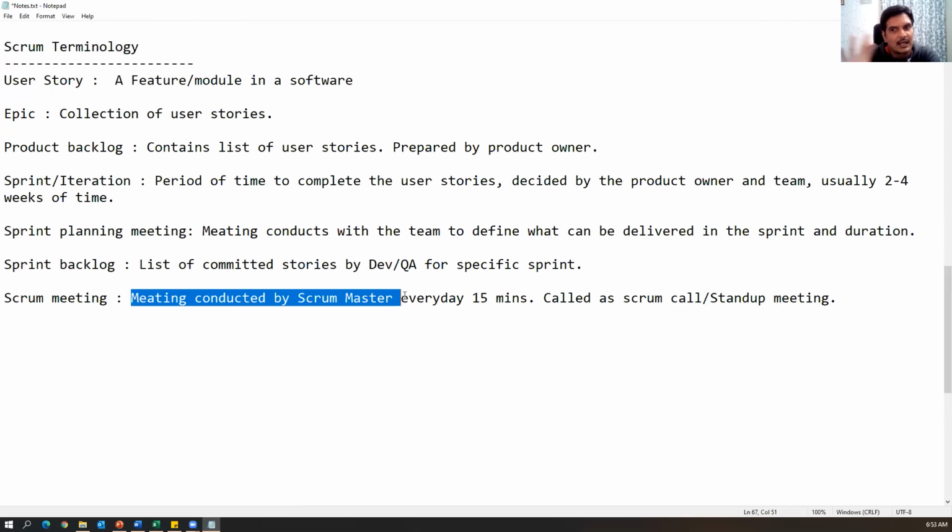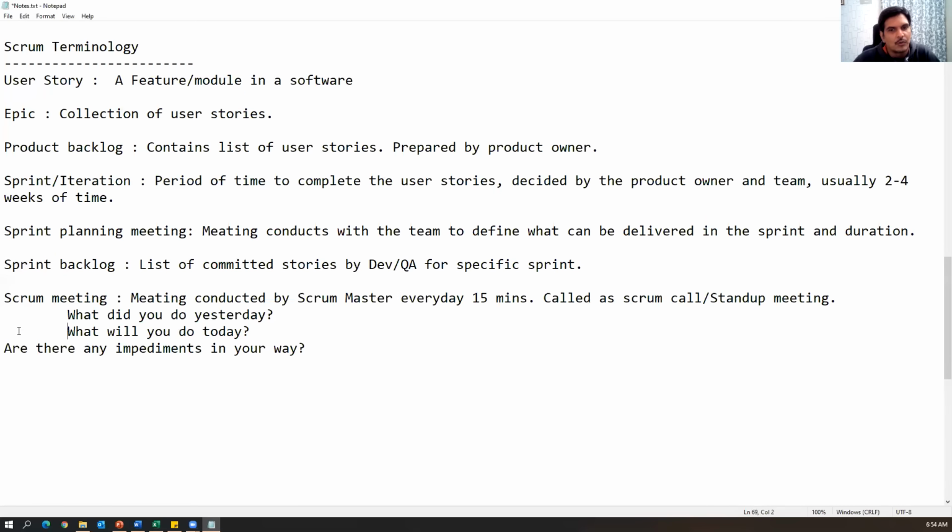What tasks did they complete yesterday? What tasks are planned for today? And what tasks are planned for tomorrow? And if there are any blockers while doing their task, if they face any challenges, or if there is any delay, we have to clearly discuss it in this particular meeting. That is called a Scrum meeting. And this meeting mainly focuses on three questions, guys. Everybody in the team should answer these three questions.